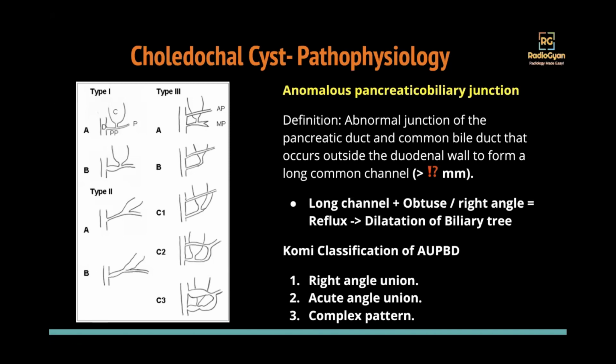What happens in an anomalous pancreatico-biliary junction is that the junction is long. Imagine two pipes coming in with a long common union. If there is water coming in from one pipe, it can obviously reflux into the other pipe if the junction is long. If the junction is short, it is difficult for the water to come out from pipe one and go back into the second pipe. But if the junction is long and the ampulla is closed, pancreatic secretions can get into the common duct and reflux back into the CBD.